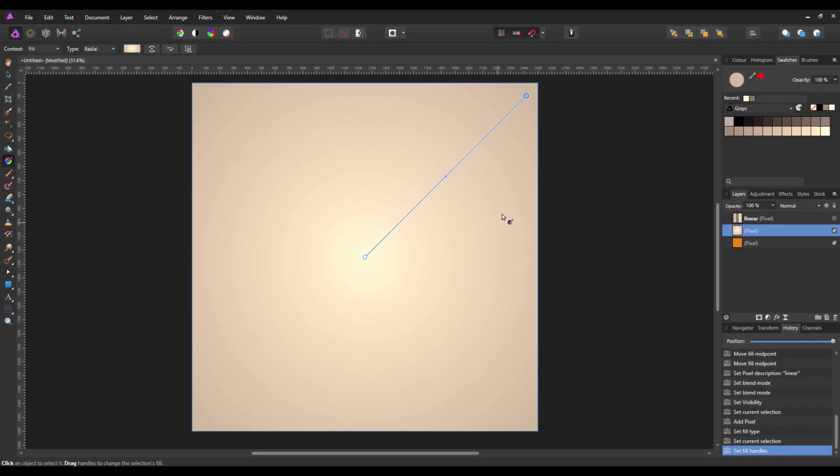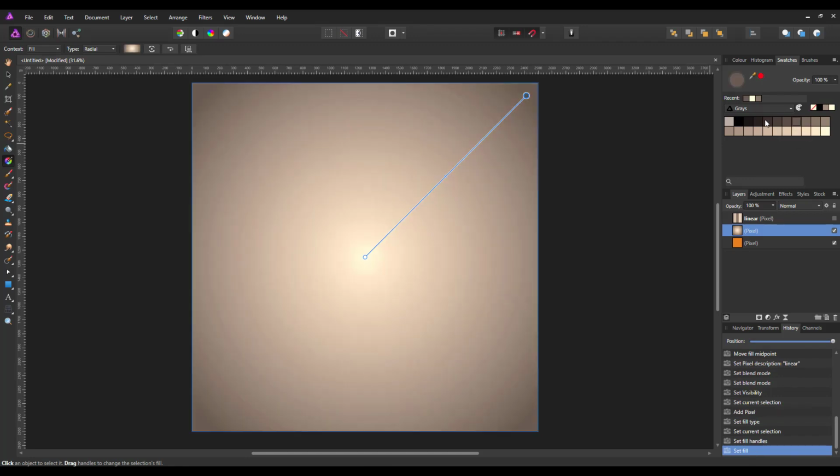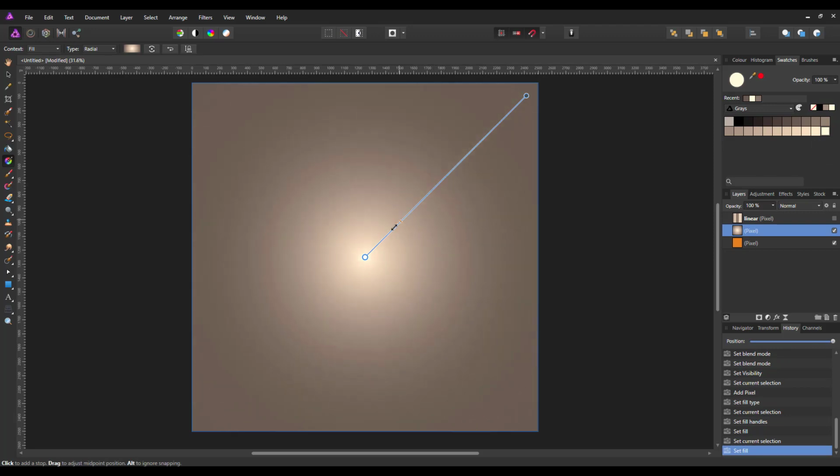And I'm going to change the color of this to 70% black, which is that one there. This one should be white, but I'll just make sure. Yes, it is white. And then you can move the middle slider in or out to get whichever style you want, but I'm going to come in quite close, not right to the center, but have this nice white circle center point. So I'll come off of that tool,